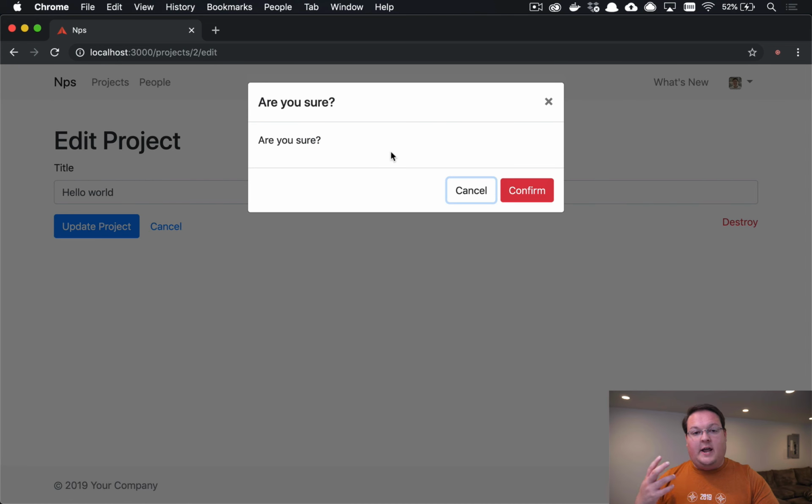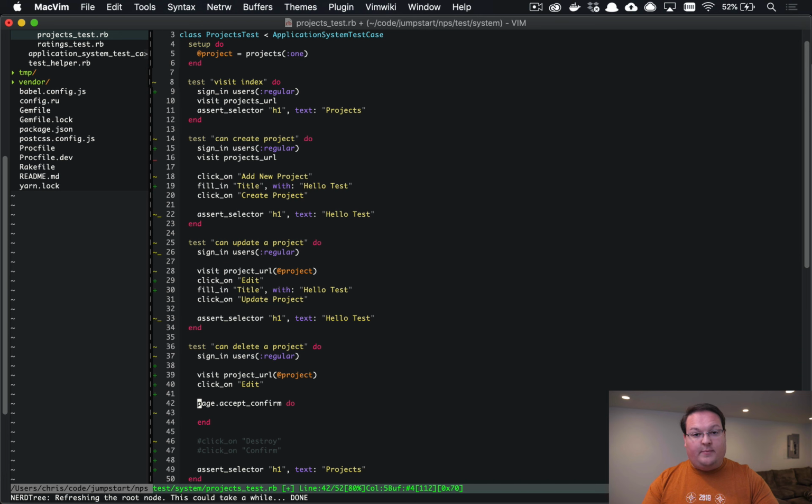And so if you want to actually accept the browser modal, you can say page.acceptConfirm, and inside of there do your click on the destroy link. And that will go ahead and make sure that it's done correctly for you. So I'm going to uncomment these and leave that there for reference, and that's how you would confirm a dialog